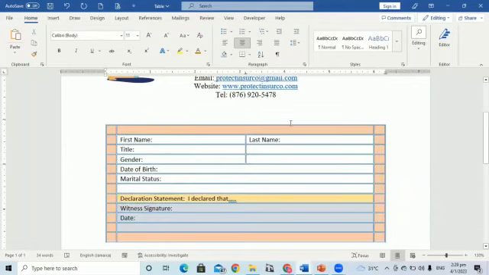So after finishing putting in our fill colors and entering some data for the form, we're now going to be practicing to enter our form fields. Before we do so, we need the Developer tab to be present at the top of our document. If the Developer tab is not there, you go to File,